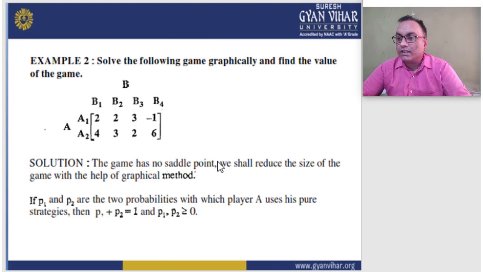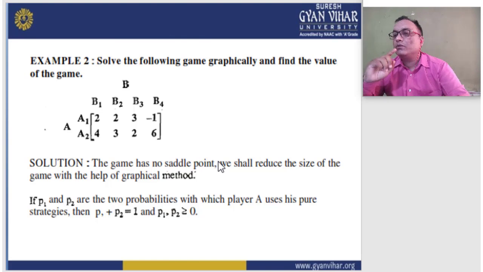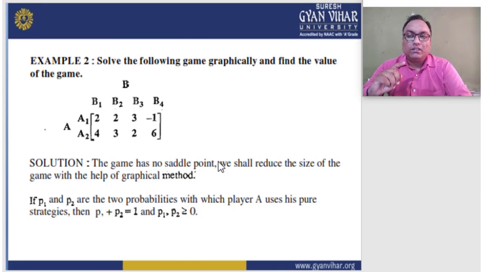And P1 and P2 are always greater than 0 in this case. And the summation of those two probabilities is equal to 1 here, right? And then